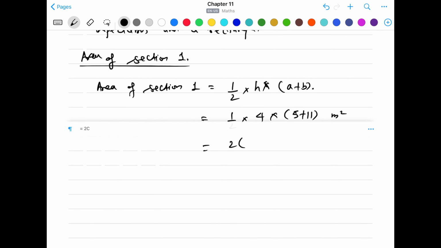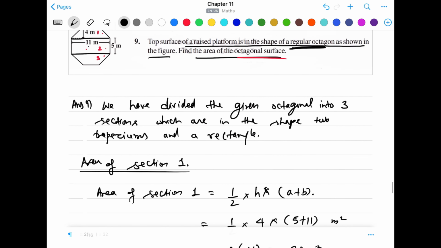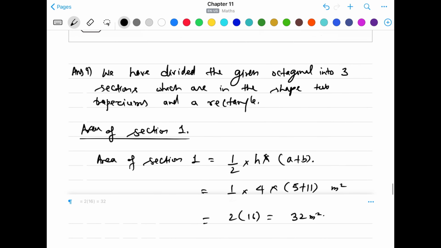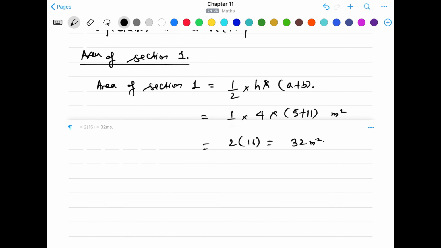This 4 divided by 2 will give us 2, and this 5 plus 11 is 16, so this will give us 32 meter square. So that's the area of section 1, and also that will be the area for section 3. Okay, so write also